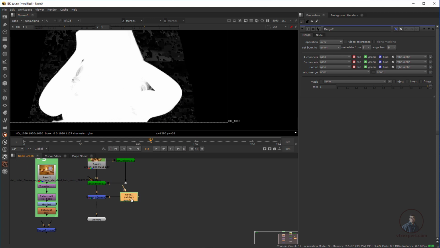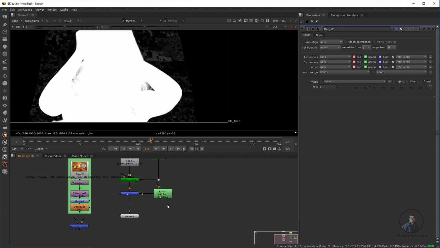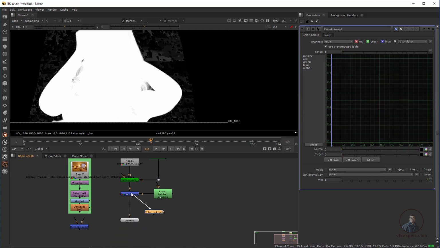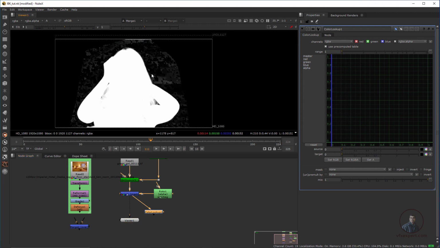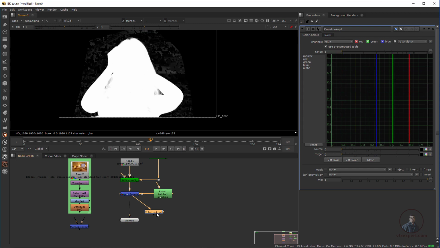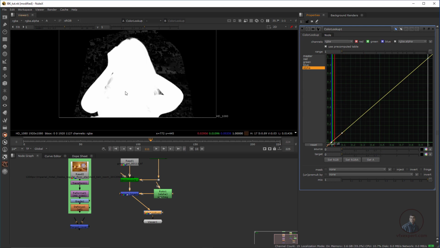There are actually two nodes, or you can say two procedures. First, if you want to use color lookup, press Tab and type color lookup. This is the node, then connect it here, because we mainly have to focus on alpha. Then select this one and press 1. Now double click here. What we have to do is select this alpha, this one, and this will adjust our black value, and this point will adjust our white value.